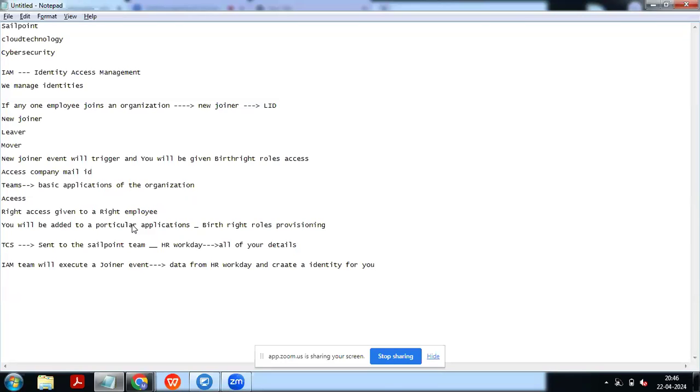If any one employee joins your organization, you will be considered a new joiner. The IAM team will execute a joiner event, and the data from HR Workday creates an identity for you. This is how it works.